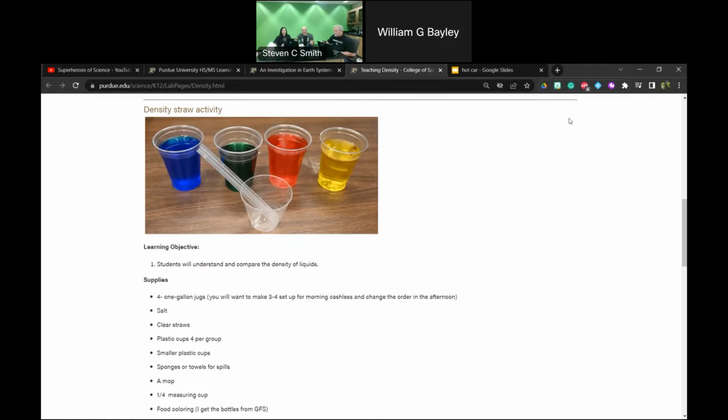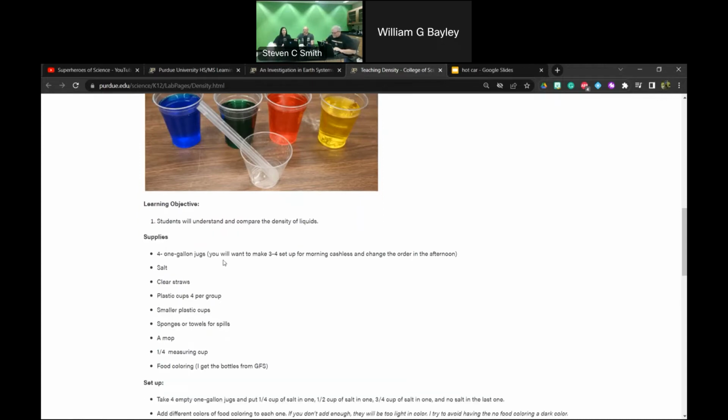So it's the food coloring. I have little vials that I use. Is it probably 10 mil? Is it that big? Probably not. I don't think it'd be more than 10, probably between 5 and 10.